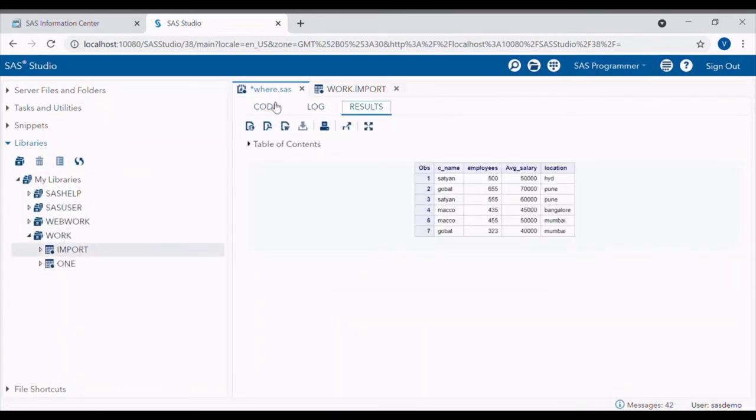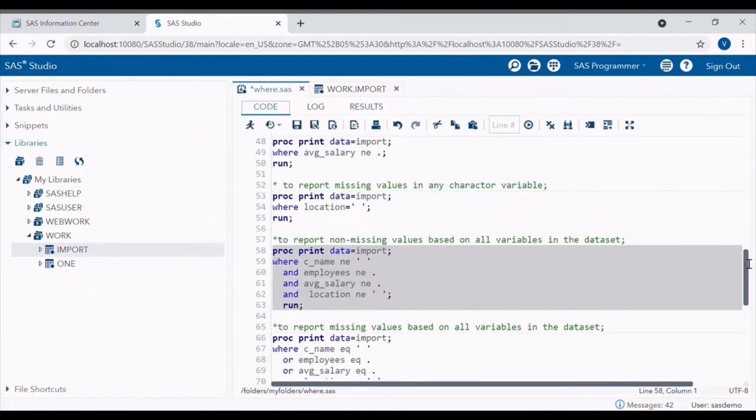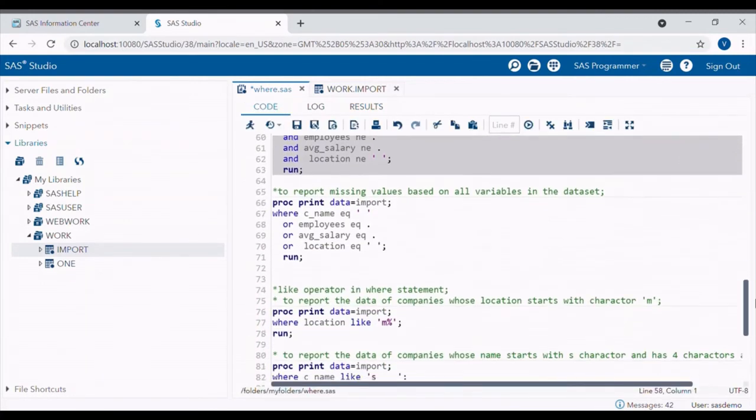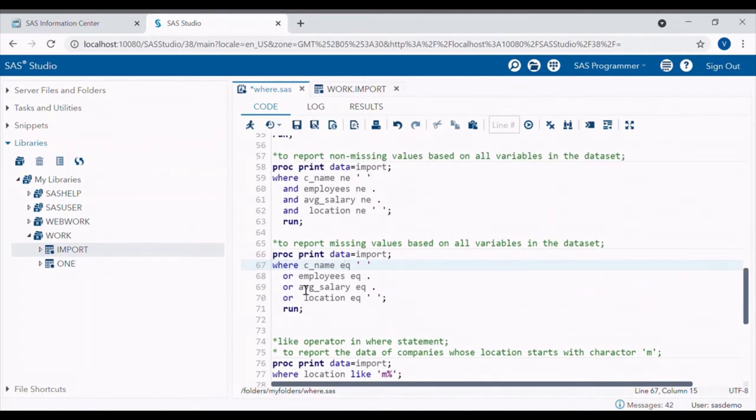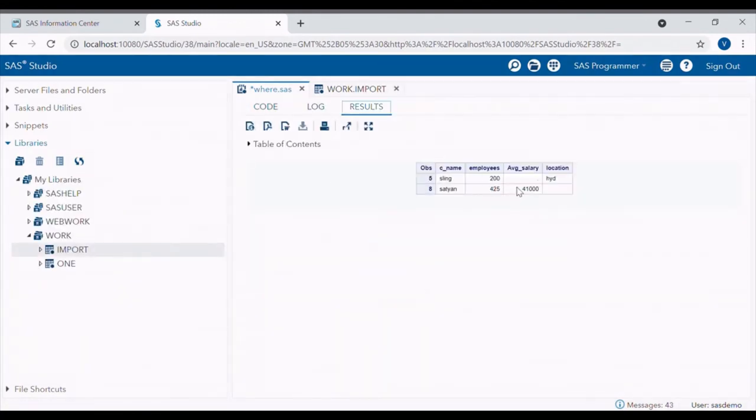Hence we get the clean data here. And if we want to report the missing values based on all variables in the dataset, we will use equal to instead of not equal to, and the OR operator instead of the AND operator. When we run it, we will get the data which has missing values.